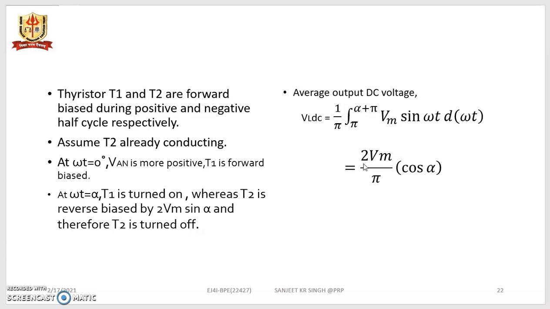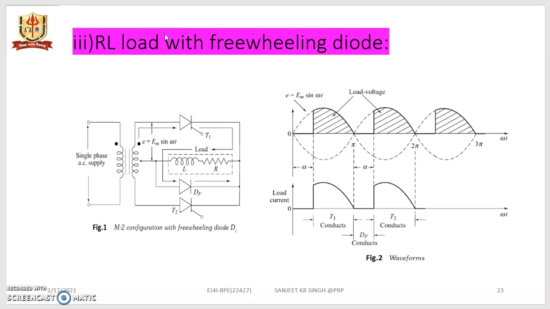VLDC output voltage is given as twice Vm by pi within bracket cos alpha. Now if we are connecting the freewheeling diode, this is the third case of RL load for single phase center tap full wave controlled rectifier, that is also called M2 configuration. So there is a freewheeling diode connected across this highly inductive load, and this allows the energy